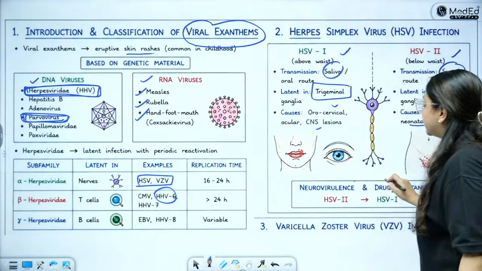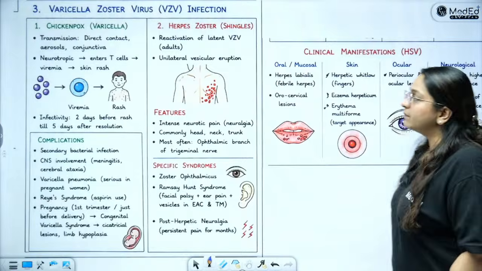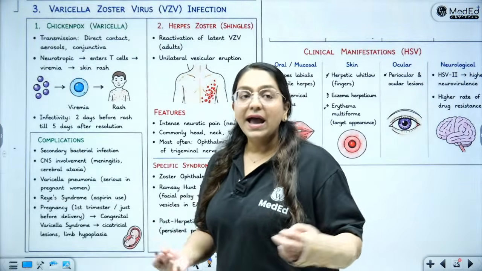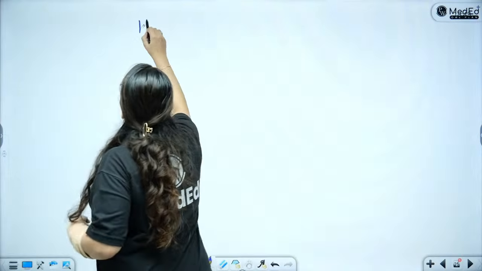Neurovirulence and drug resistance are there. Majorly both are more in HSV2 as compared to HSV1. Okay? So you will write about differences of HSV1 and 2, and amongst the diseases of HSV1 and 2, what will you write? HSV1 will cause,